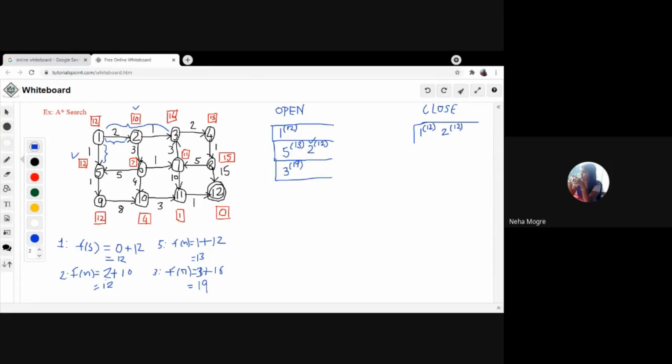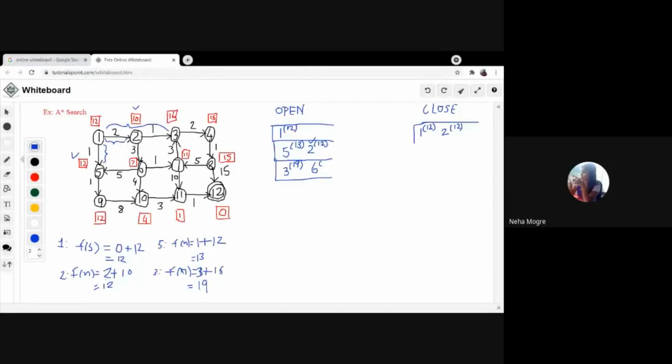Now, what is the another child node? Is it 6? Can you tell me the value of 6? It is 5 plus 7, 12.